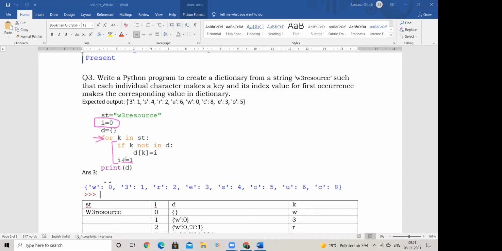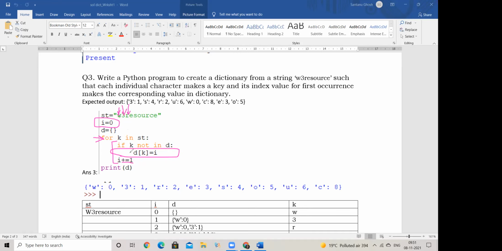So when the loop is running for the first time, the value of I is 0. While it is updating here, I is not changed, so I is 0. For the next iteration I will become 1, for the next I will become 2. So for every step I am automatically getting the position in my I. I took a variable that changes in every iteration, so automatically I am getting the position.